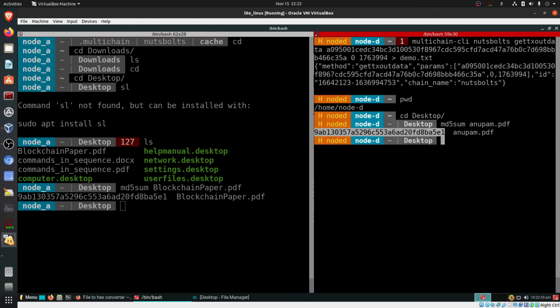So herein I'll close this video, but this will be a very interesting video for those of you who are trying something for the first time with your own hands on the terminals, and to see how the blockchain actually works. This is a permissioned blockchain, the multichain whatever we have practiced today. We have granted exclusive permissions to node D from node A, while node B, which was seen in the middle of the video, was not granted permissions. So it was able to connect, but till such time as permissions are not granted to that node, it will not be able to see or access any kind of data.